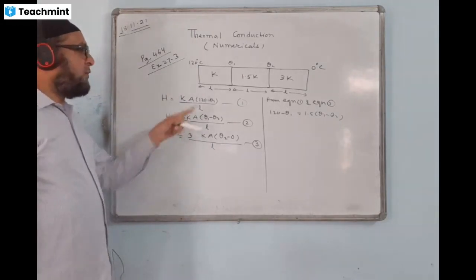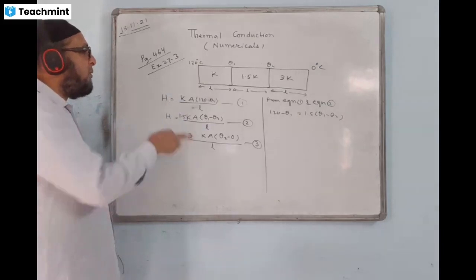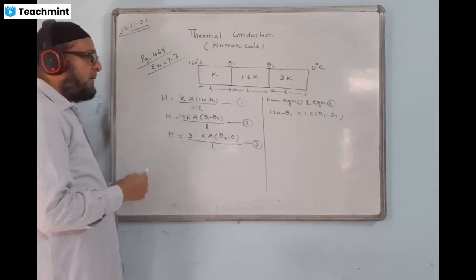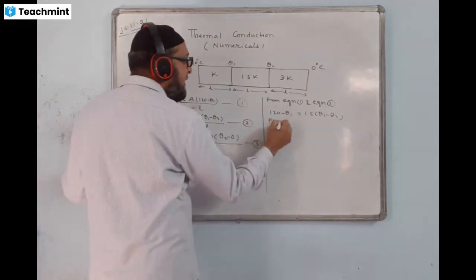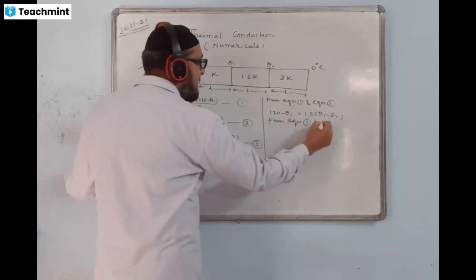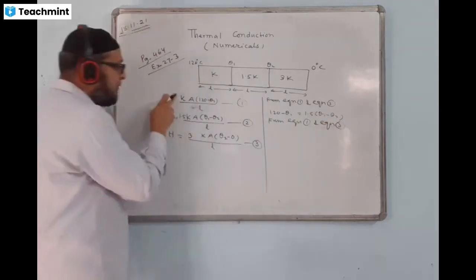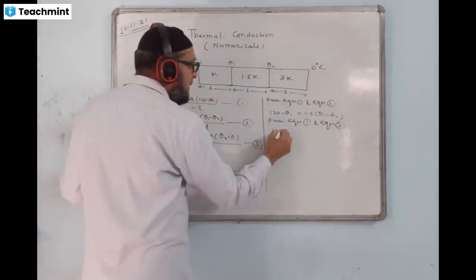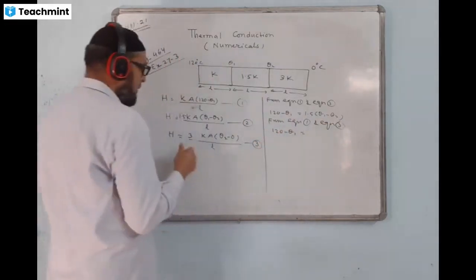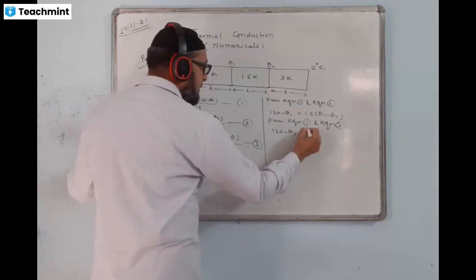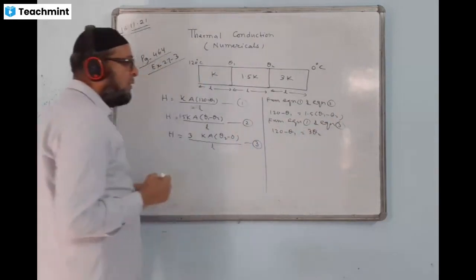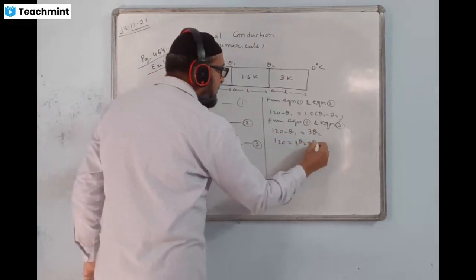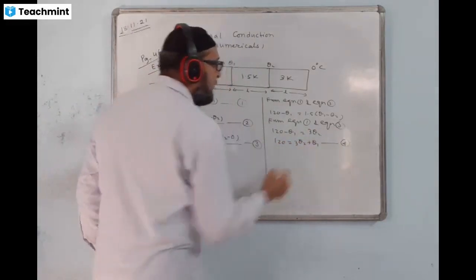Okay. First two equations we are getting this. Again, you can equate now this and this equation. Any two, I'll equate 1 and 3. If I equate these two equations, what is answer coming? K will go, A will go. You get here 120 minus theta 1 equal to 3 times of this, 3 theta 2. You can make equation 120 will come 3 theta 2 plus theta 1. Mark equation number 4.